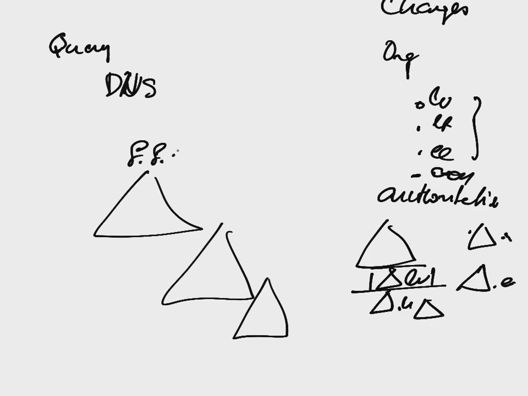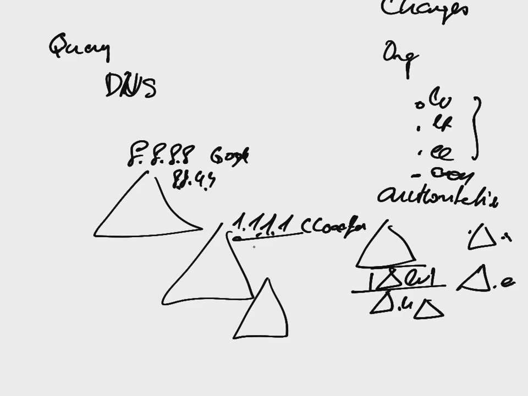But for example, one you can always start with is 8.8.8.8, which is Google, or 8.8.4.4, which is also Google, 1.1.1.1, which is Cloudflare, and quite a few others. So you can start querying everything about anything from these servers,